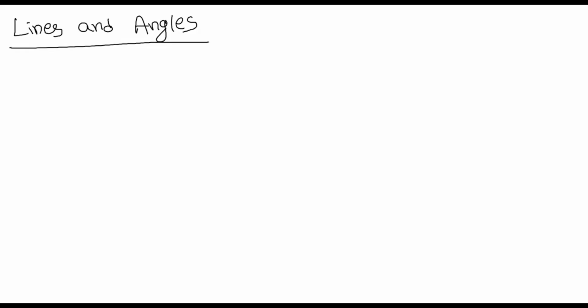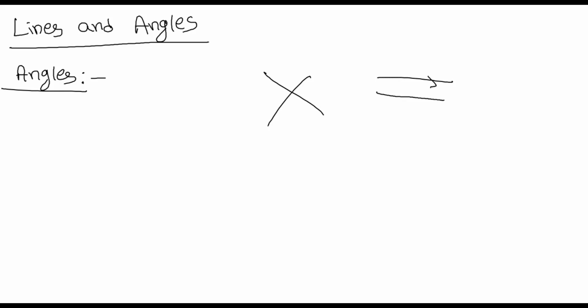In general, you know what a line is, what an arrow is and all, right? Instead of this concept, we will go directly to complementary and supplementary angles. First, angles. You know the different types of lines, intersecting and non-intersecting. What are intersecting lines? Lines that intersect together. Non-intersecting lines do not meet, they won't intersect at any point.